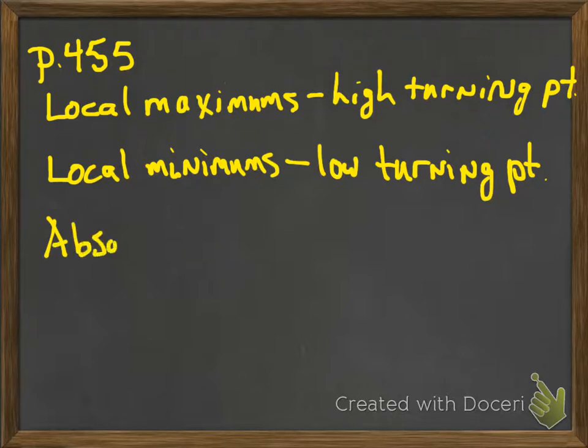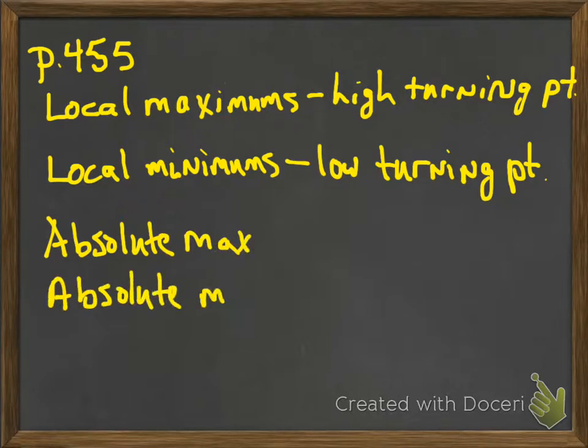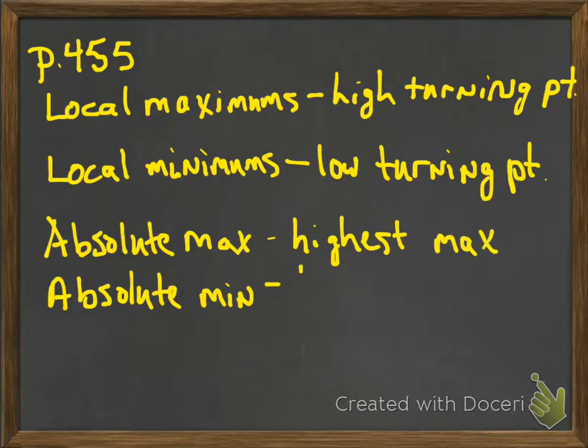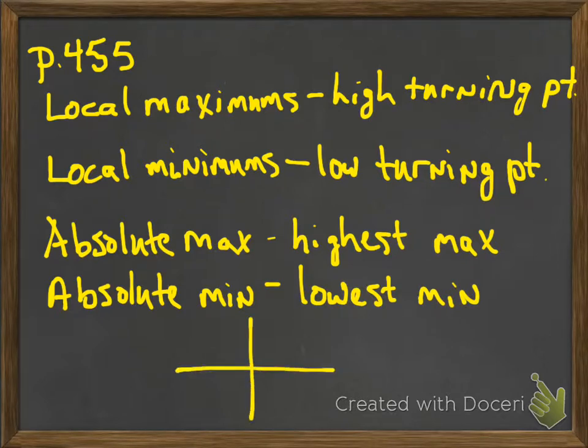Okay. Absolute maxes and absolute mins are the highest and lowest points. So let's say you see two maximum points. Both of them would be local maximums. The highest one would be considered the absolute maximum. Okay, so for example, let me draw this in here. If I saw something like this,